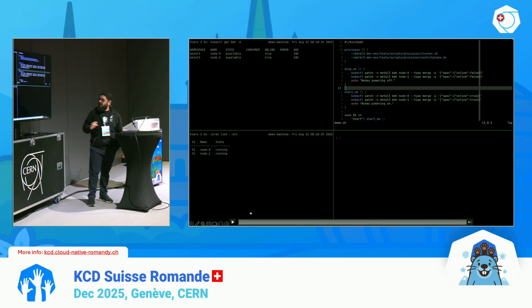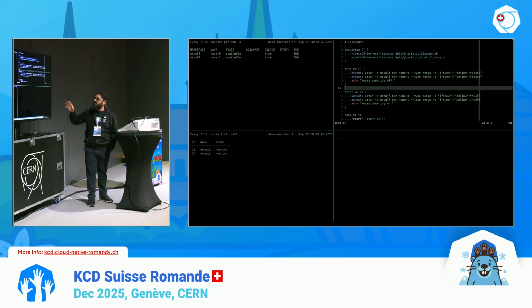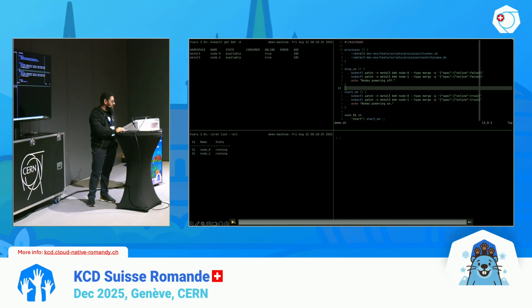The idea is to show that when we call these kubectl commands, the Bare Metal Operator reconciles and does the operations on these bare metal hosts without touching any virsh commands, purely using Kubernetes or kubectl commands.